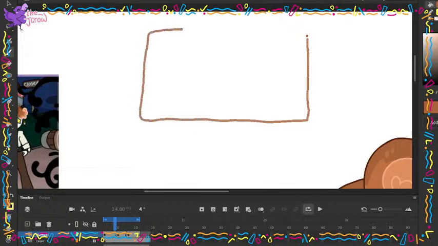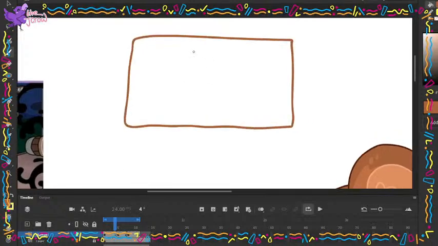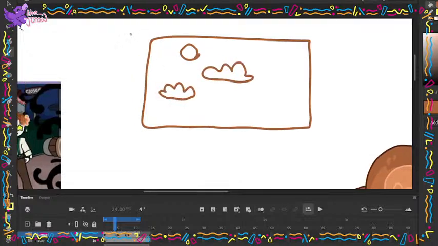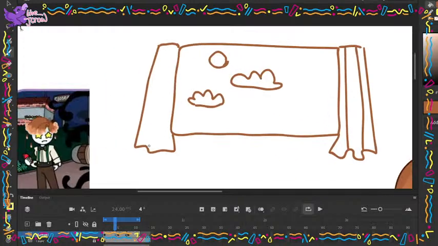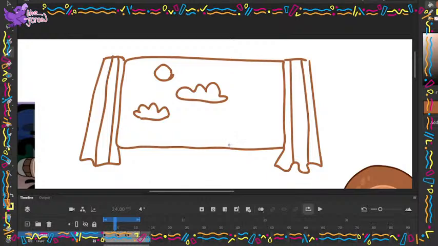Okay, so this is our window. Looking outside, here's the sun and some clouds. That is a horrible cloud. There's a window. Yay. And then next to the window were some curtains. Lovely. The curtains were open, so they were doing that thing where they were all lumpy and bunching, which is so far normal.